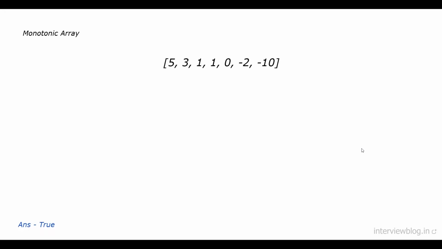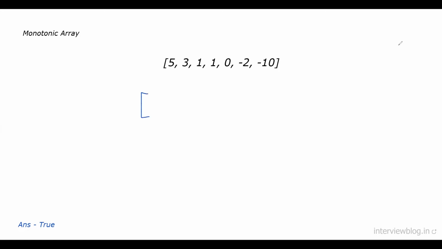In this video, we'll be covering the question monotonic array. So the question gives us an array of integers and it wants us to determine whether the given input array is monotonic or not. We call the given input array monotonic if and only if the order of the elements present in the given input array is either in increasing fashion or in decreasing fashion. So let us now see some examples.